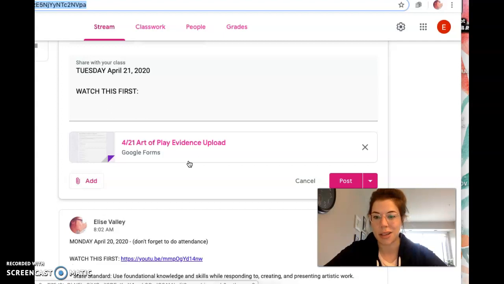Otherwise, I've got to leave a little blank spot in the grade book and I have to email you and we have to talk about it. And that's no fun. So make it really crystal clear for me what you've been doing through the process of your Art of Play activity. I'm not asking a lot. Maybe it'll be 3 photos instead of 1, for instance.